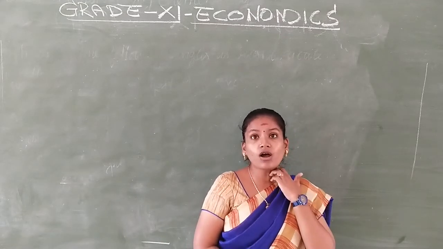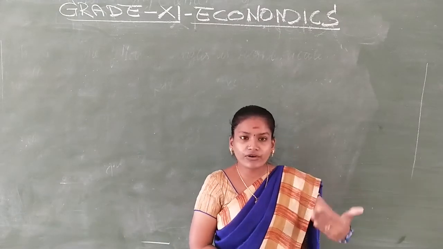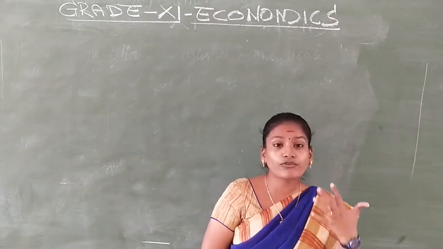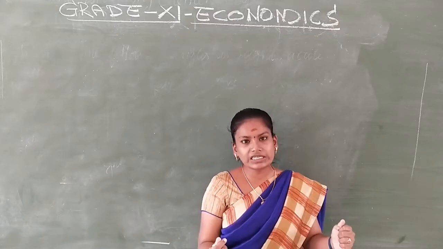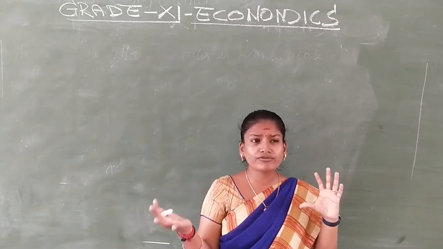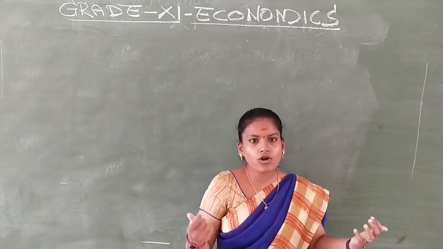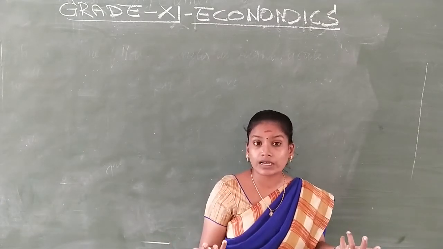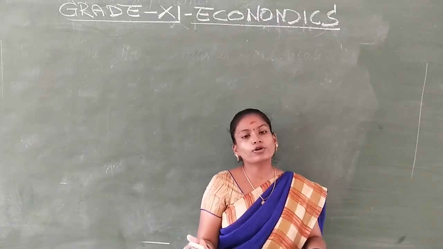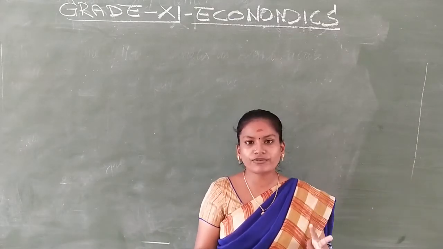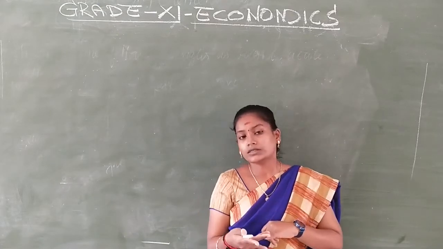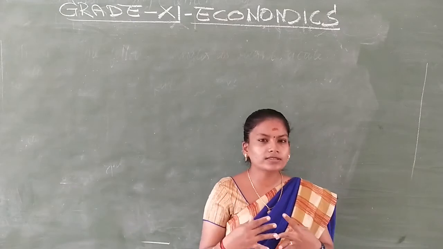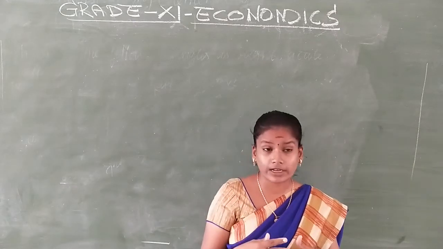You cannot take out information out of it in a very easy way. Taking out information out of raw data is very tedious. You will be looking for some information, and how do you draw it from raw data is very difficult. It is also called unclassified data. And then we moved on to classification of data. We have 4 different classifications, namely the chronological or temporal classification, spatial classification, quantitative classification, and qualitative classification.